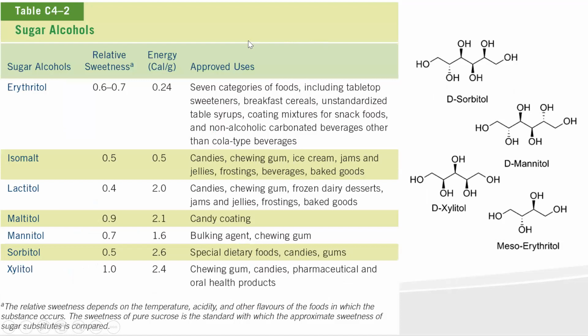So let's talk about sugar substitutes for a few minutes here. There's tons that could be said about sugar substitutes. First, let's talk about these sugar alcohols. There's a whole bunch of sugar alcohols out there. An alcohol is a compound that has an OH on it. So if you take a look at these compounds, they have a whole bunch of OHs on them. And that's it. These are not going to get you drunk.